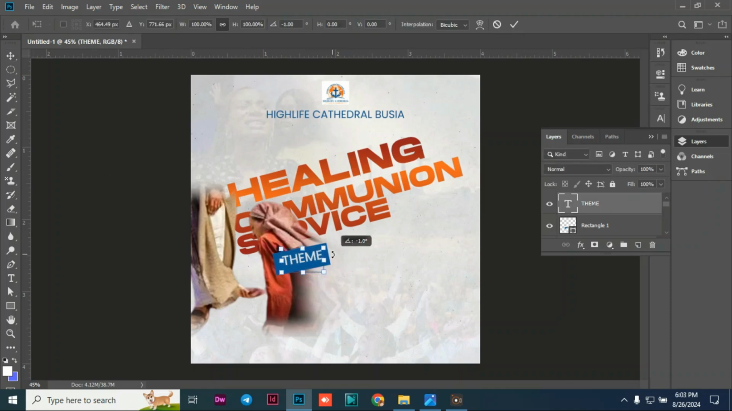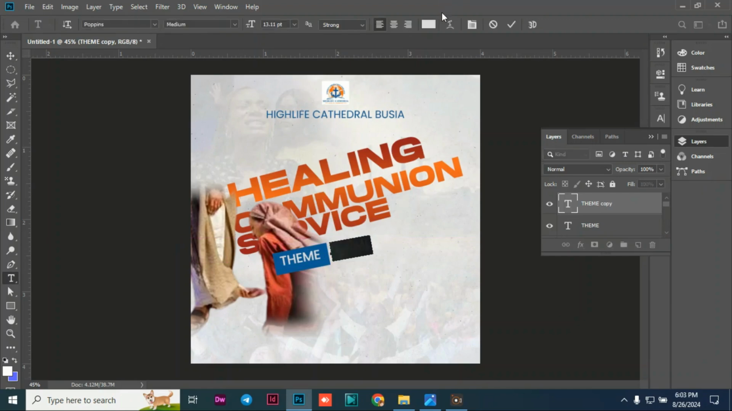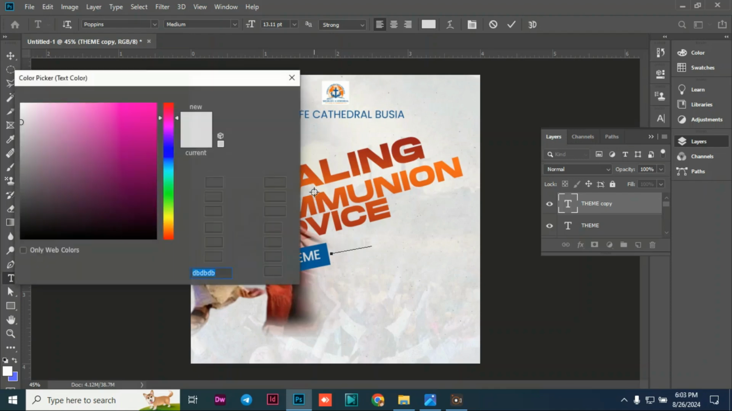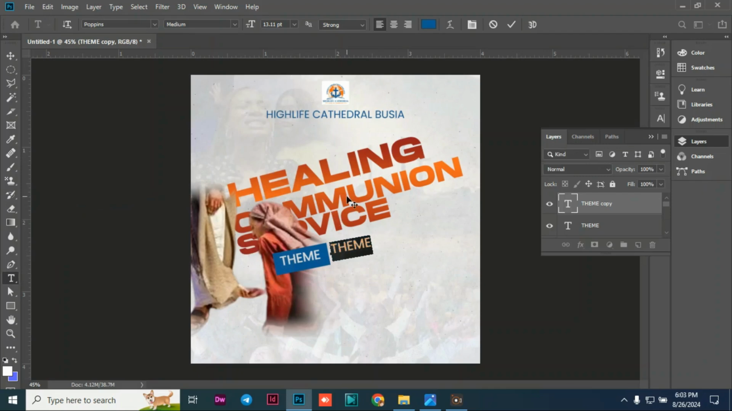I need to continue working on the alignment of the same. Yeah, so I think that position is okay. And then after doing that, I just click on that theme, and then I just press Ctrl J to duplicate the layer so that I can write the text outside. So I want to change the text outside to be this color here. Yes, so I just select that color, and then I want to type there healing